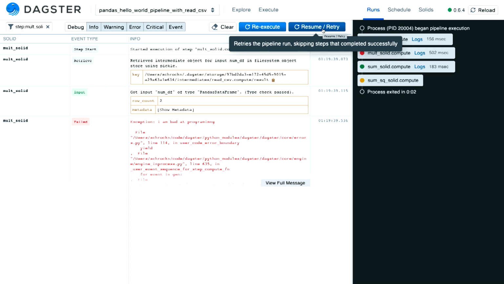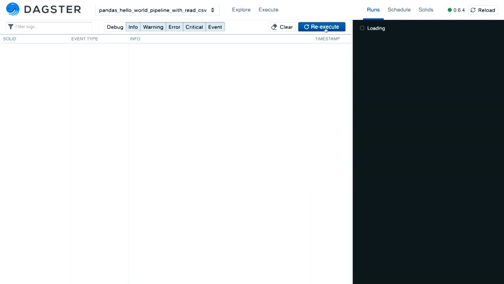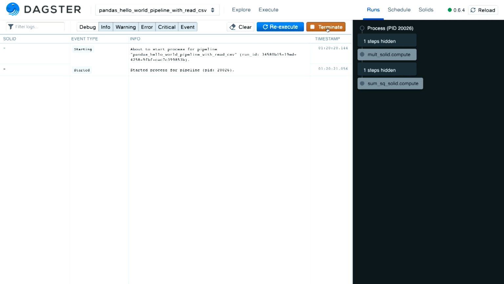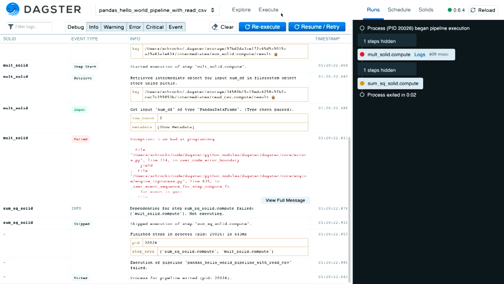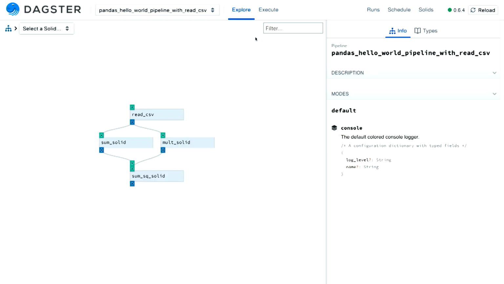So one of the things that's nice is because we're aware of the inputs and outputs, and we can take responsibility for shuffling the intermediate values from computation to computation, we can also do incremental computation, which is super nice. So here, we can say, actually, what I want to do is retry this starting from where the steps have failed and skip the ones that succeeded, but shuffle the old values to the new run, right? So boom, now we do that. Now it's only going to try to execute 2 things, right?